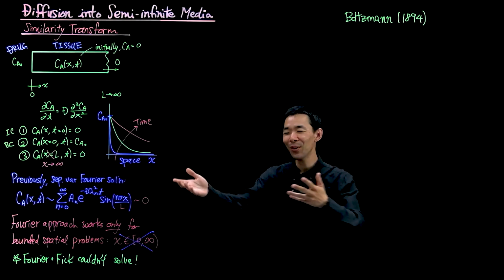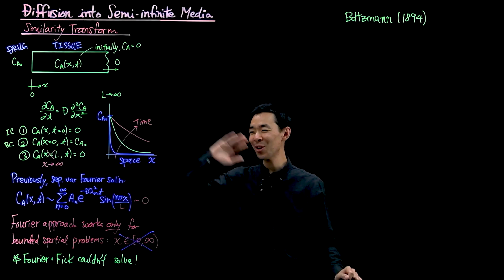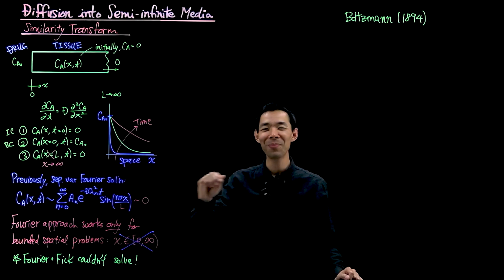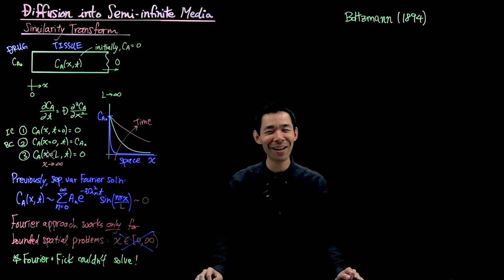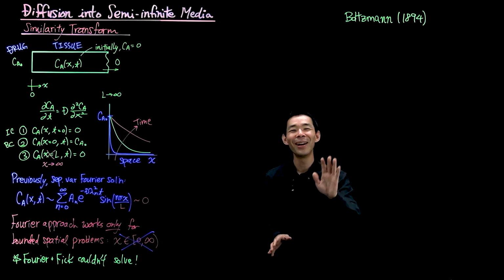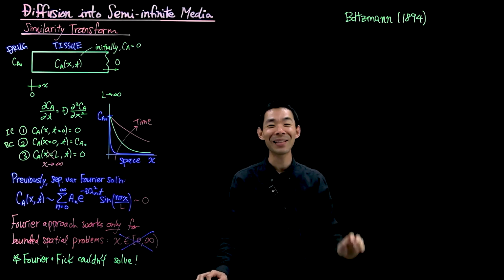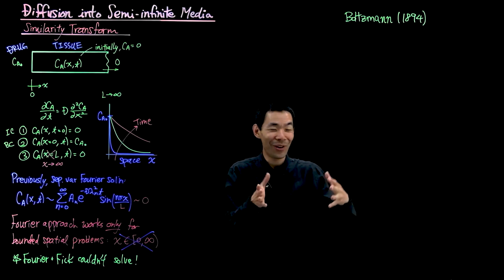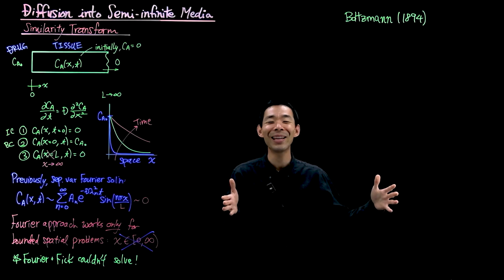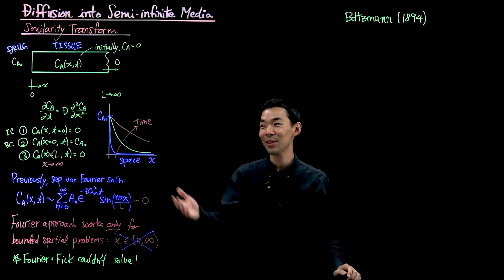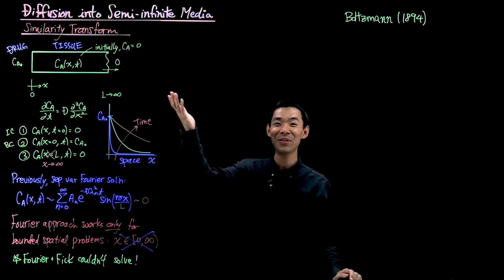I don't know. I feel like a lot of these problems have been worked out from centuries ago, from Newton's time, from the 1600s, 1700s. No. This is a relatively recent solution. Recent in the grand scheme of mathematical history, where just 130 years ago, people worked out this diffusion into a